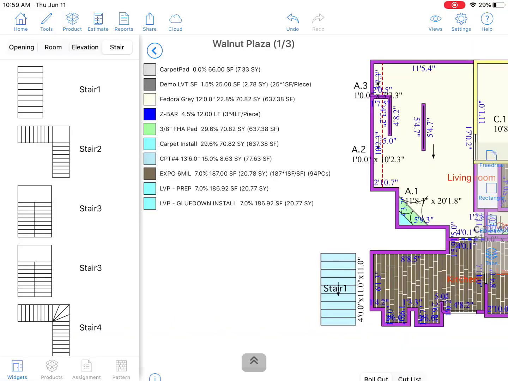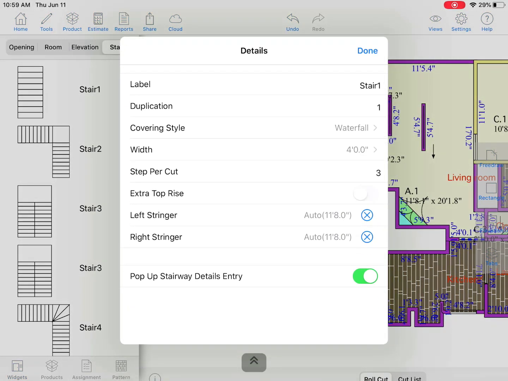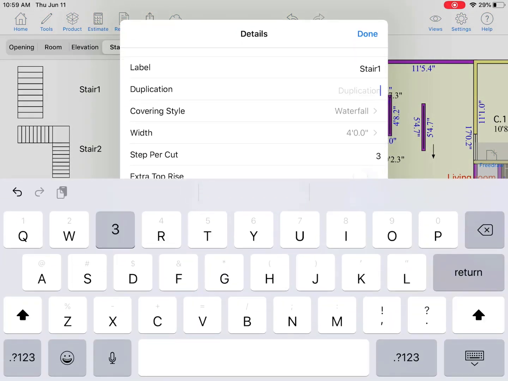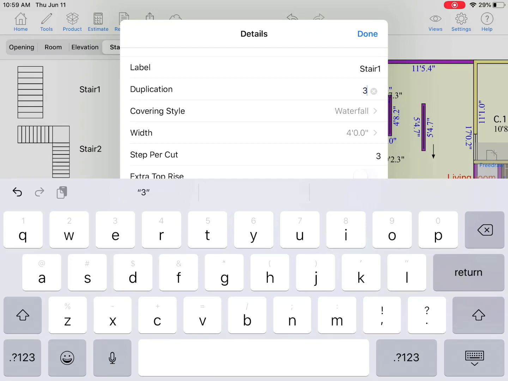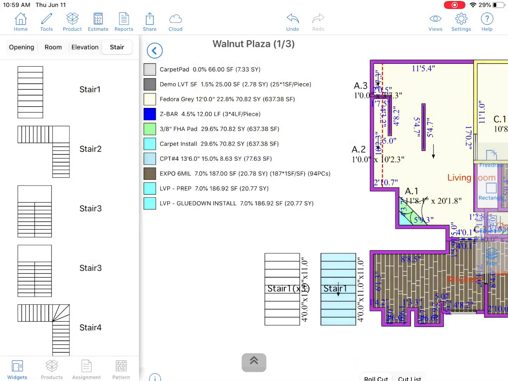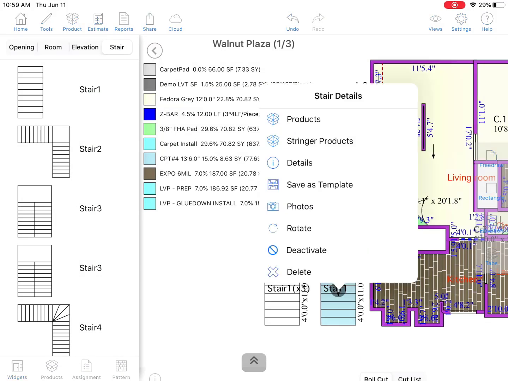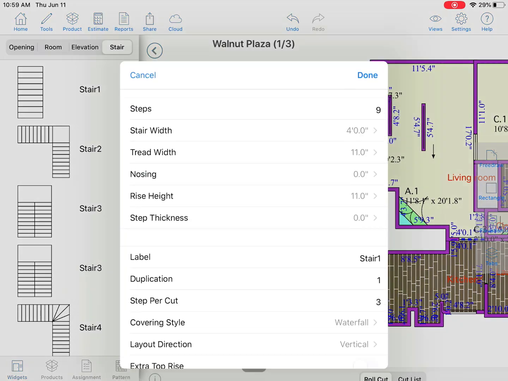When wanting to set the duplication for stairs, you can set it by applying the stairs to the diagram and setting your duplications there. If you apply your stairs first before setting your duplication, you will then need to select your stairs, select the eye icon, tap on Details where you will be brought to a new menu allowing you to set your duplication